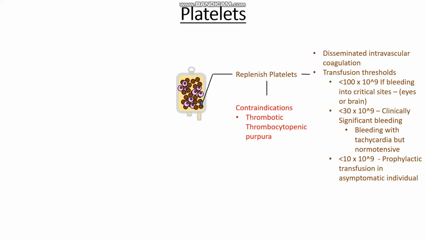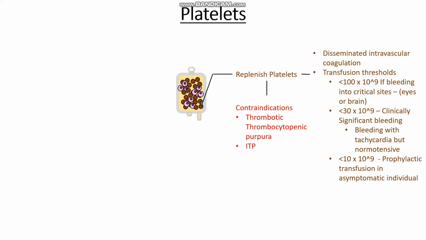The first of these contraindications is things like thrombotic thrombocytopenic purpura. Now remember, we discussed TTP to be the condition where you have dysfunctional ADAMTS13 activity. It's an enzyme that helps cleave von Willebrand factor. And as such, the activated von Willebrand factor reacts with all of the platelets nearby and forms lots and lots of clots. So if we gave platelets, we'd simply be forming more clots,